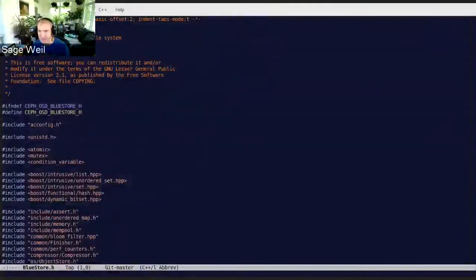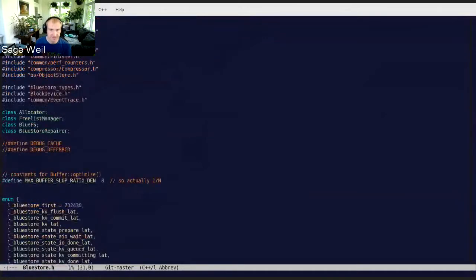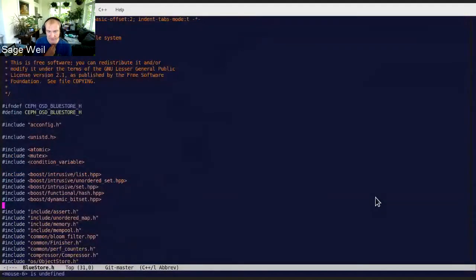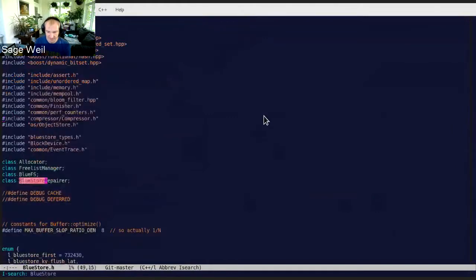So this is just going to be a code walkthrough of BlueStore. Obviously not going to be able to get through all of it because it's pretty big, but I'll get through some of the basics. So BlueStore is an object store backend for the OSD, which means that it implements the